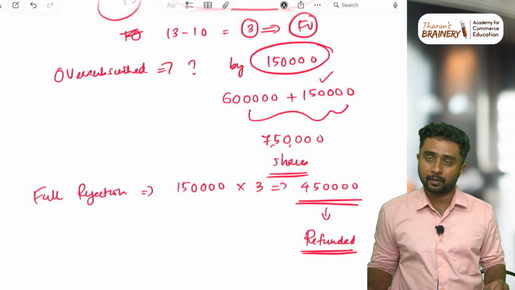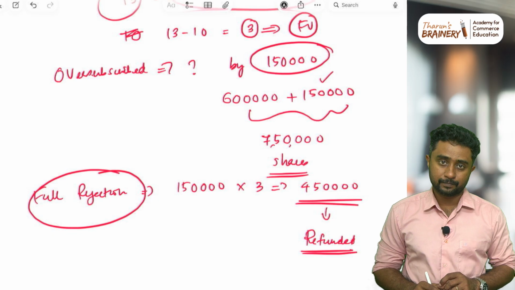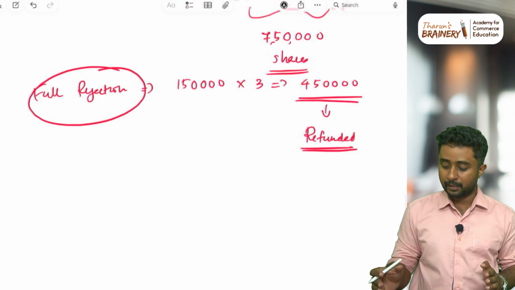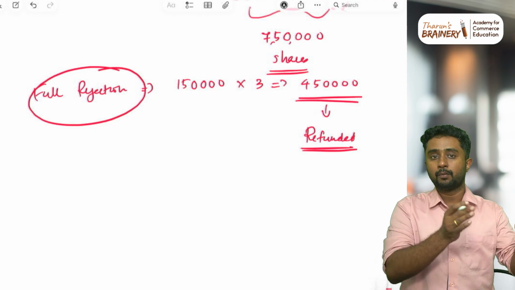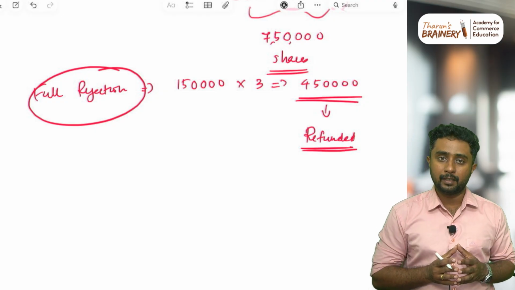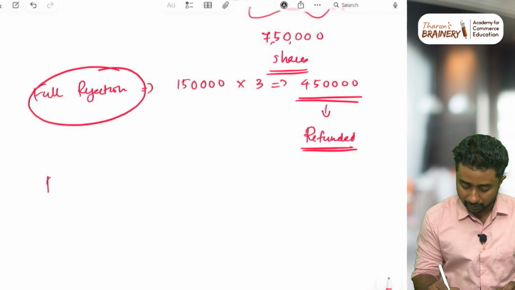4,50,000 should be refunded. If I am going for what? Full rejection. Okay. Next option that I have got is, after discussing the various cases, we will go back to the question and see out of these options what did company decide or what did company adopt. So next option that is available is